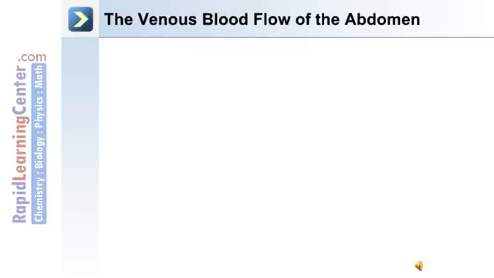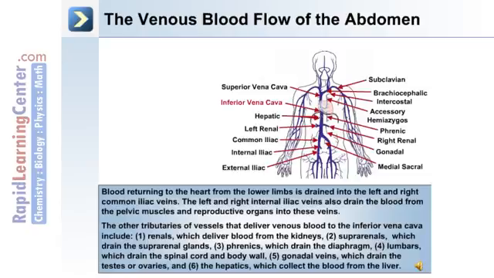The venous blood flow of the abdomen. Blood returning to the heart from the lower limbs is drained into the left and right common iliac veins. The left and right internal iliac veins also drain the blood from the pelvic muscles and reproductive organs into these veins. The other tributaries of vessels that deliver venous blood to the inferior vena cava and eventually the right atrium include: